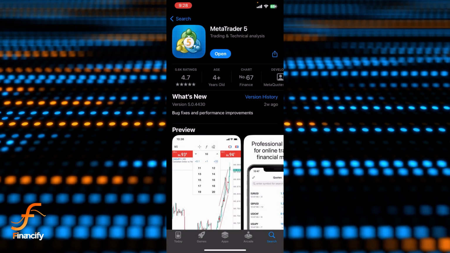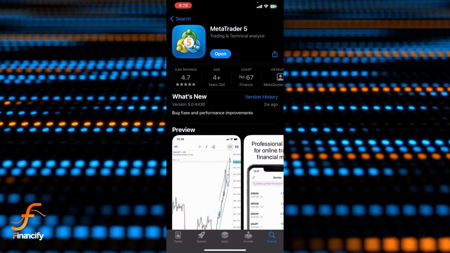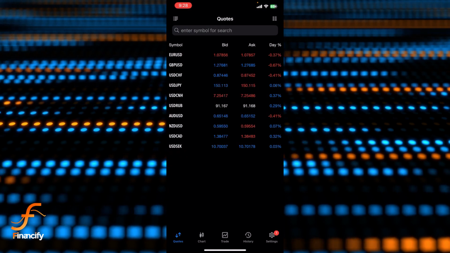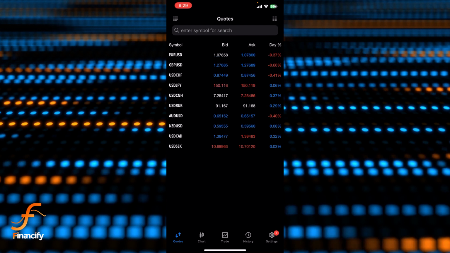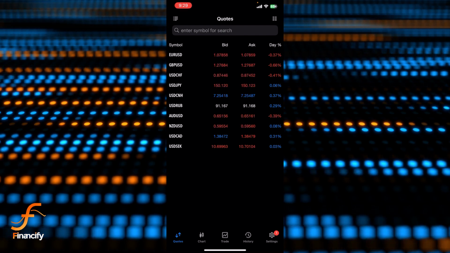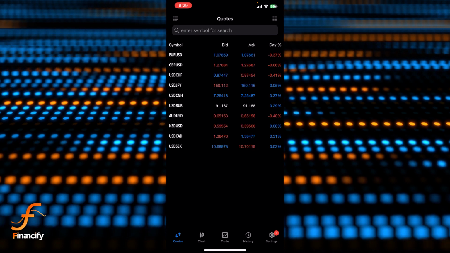First thing first, I assume that you have already downloaded the Metatrader 5 app, and once you open it, make sure you are already logged in as well. And right after that you will be able to see the interface or home page of the Metatrader 5 app on the screen. So now if you want to hide your candles, then what you can basically do is